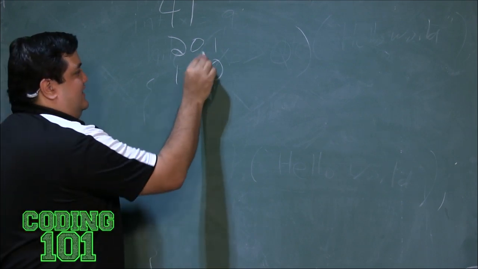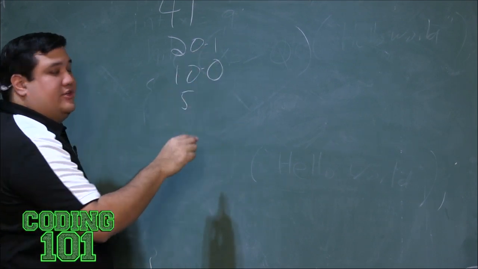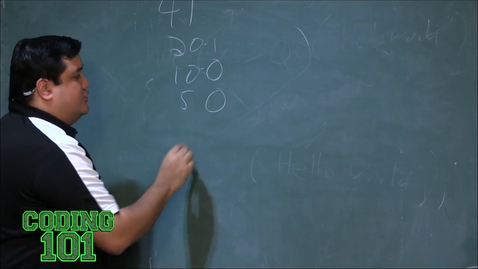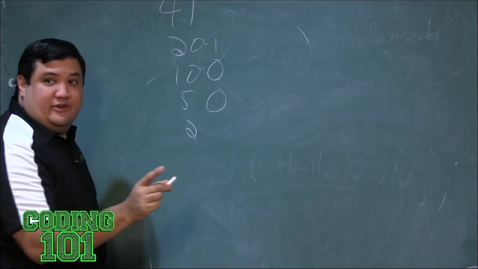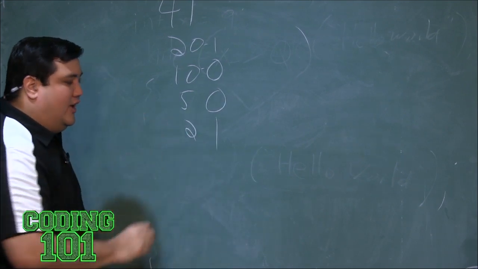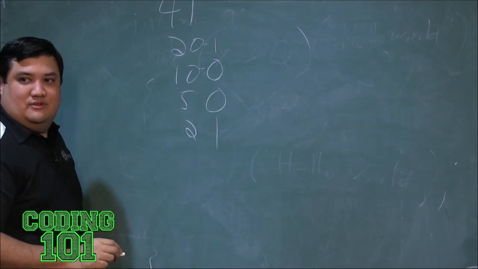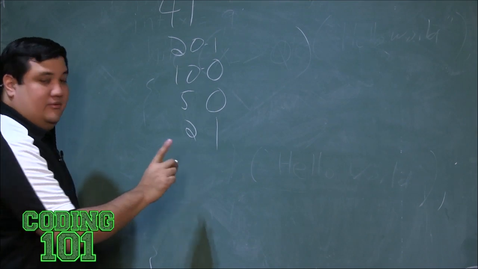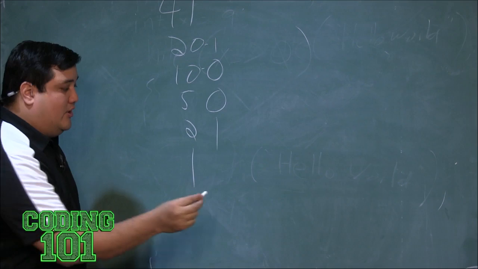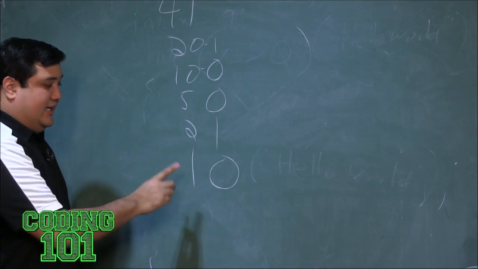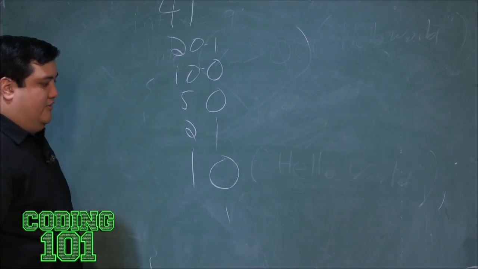5. Is there a remainder? No. Now 2 into 5, how many times? That would be 2 times. Is there a remainder? Yes. 2 goes into 1 how many times? Just 1 time. Is there a remainder? 2 goes into 2 1 time. Right. And then at the end, we leave it off as this.